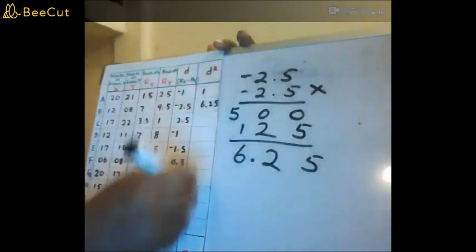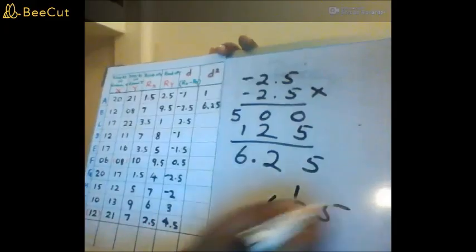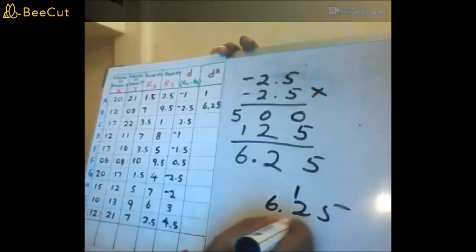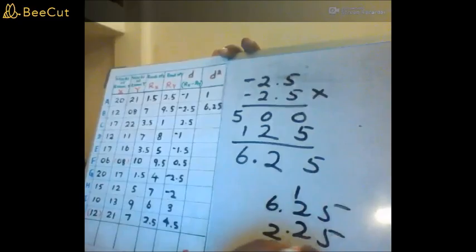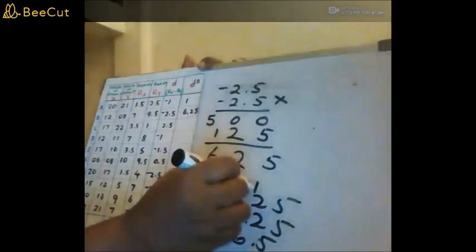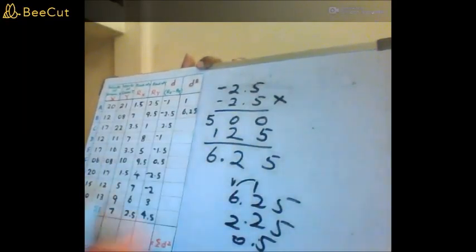Otherwise, when you do it like this, here 1, 6.25, then something else will say 2.25, 0.5. Here you can't do that. Here 1 should come here, right? So